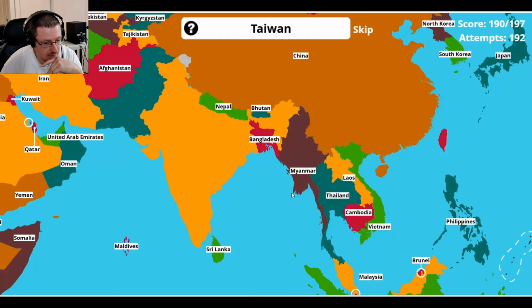Taiwan. Oh, I'm like, oh no, where's Taiwan? Taiwan's right here. Taiwan is the leading exporter in the world, I think, for semiconductors and computer chips. A lot of clothes are exported there. No, it's a major hub for exporting computer chips and semiconductors. I don't even know what a semiconductor is. That's just the information on it. Sometimes I want to look deeper into things. Sometimes I'm fine with just surface facts.